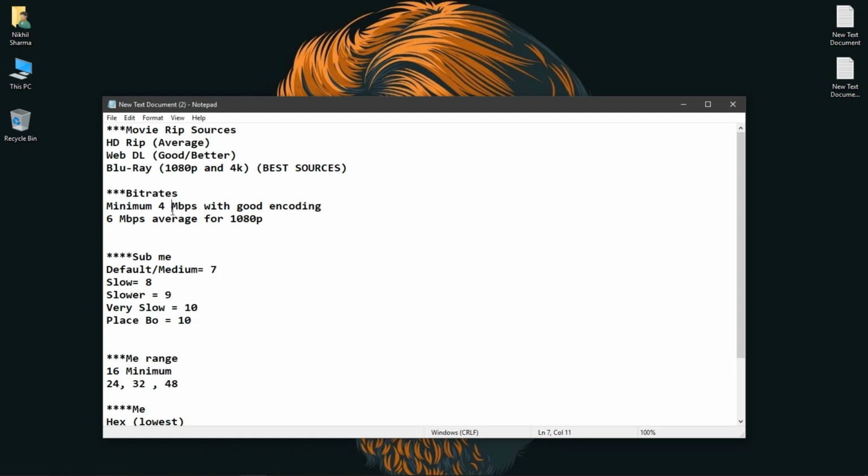So now let's talk about bitrates. The minimum bitrate for 1080p rips is 4 Mbps with solid, strong encoding, not just basic encoding. Let me tell you which aspects you should look for in the encode to match with a 4 Mbps bitrate, and it will give you nice quality. So first, look for